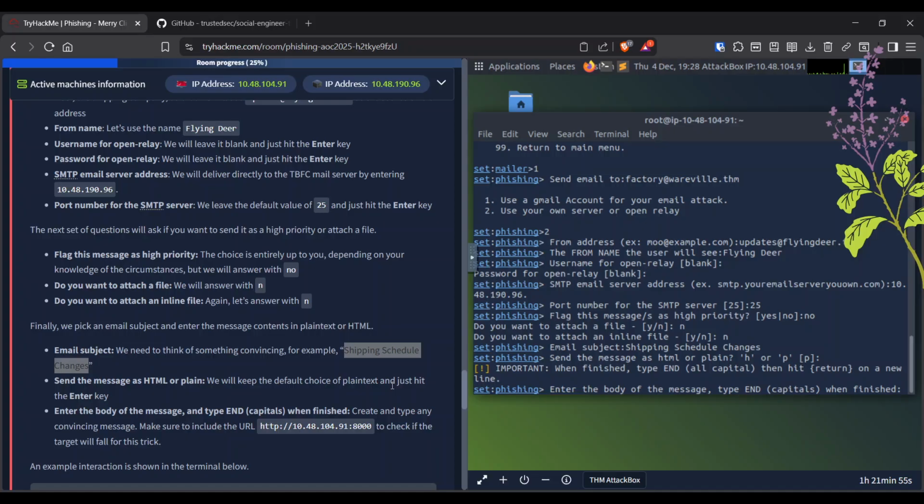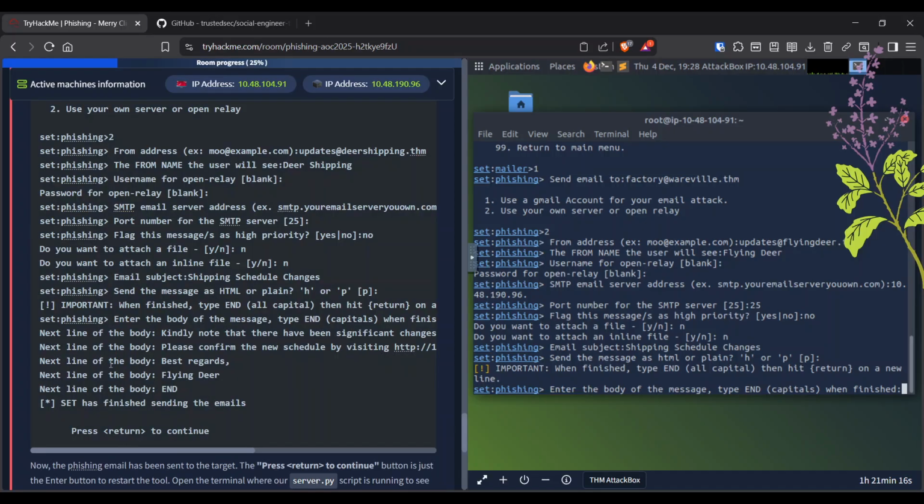An example interaction. See, they have given one example of how to write the message, the main message. So we enter the body of this message. Dear Elsie, next line, kindly note that there have been significant changes to the shipping schedules due to increased shipping orders. Please confirm your new schedule by visiting